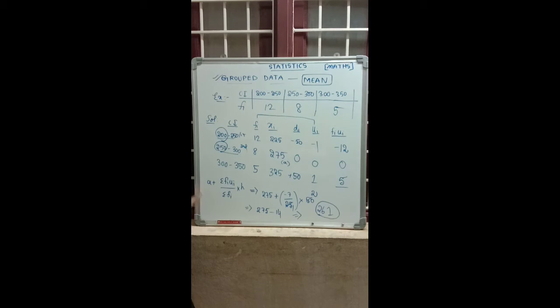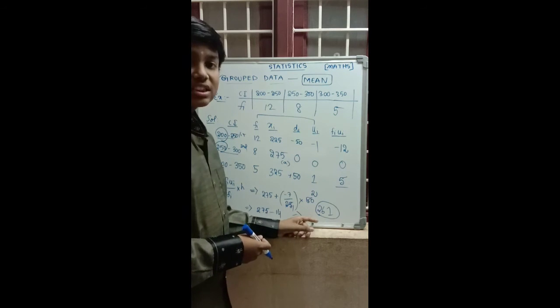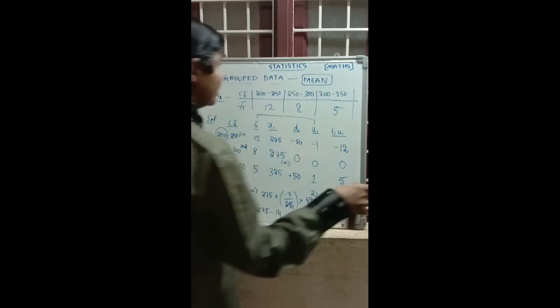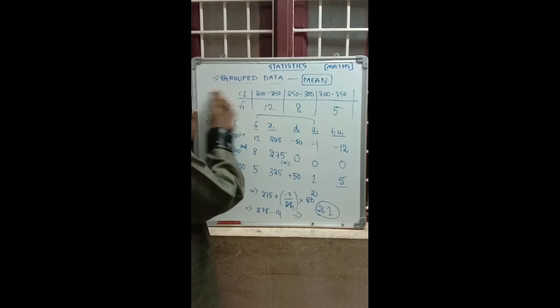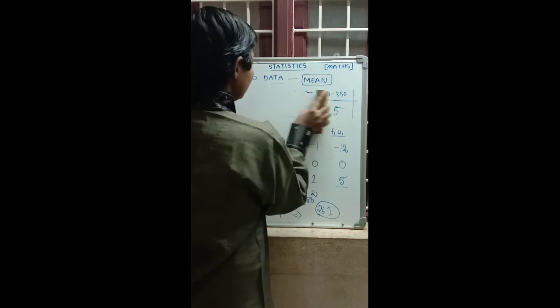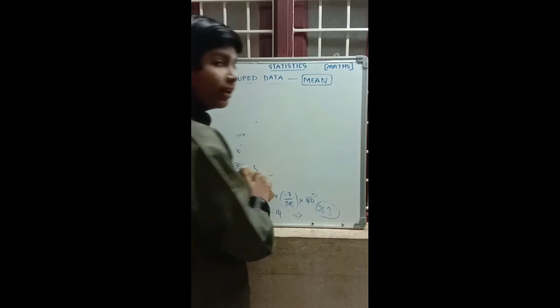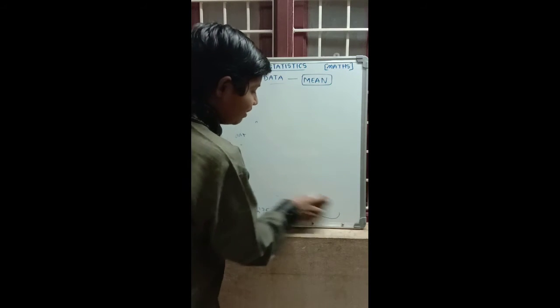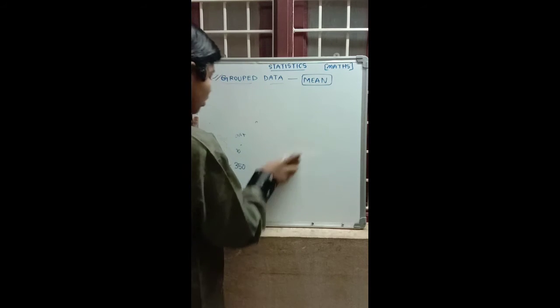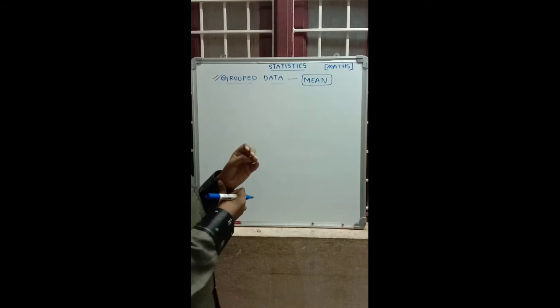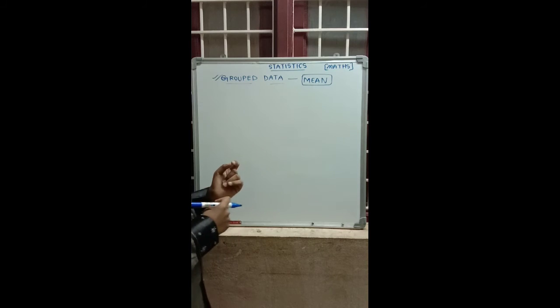The mean here, by the step deviation method, is 261. The given mean for the question is 261 for this sum. So we will discuss another example. As I said, in the assumed mean method and direct method, if we take any sum and do it in any of the three methods, that is direct, assumed, step deviation, we will get the same answer. The question we have taken in the direct method and the assumed method got the same answer. Now we will do the same question in the step deviation method also.